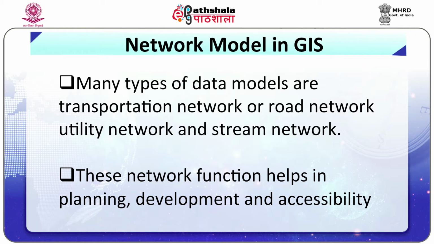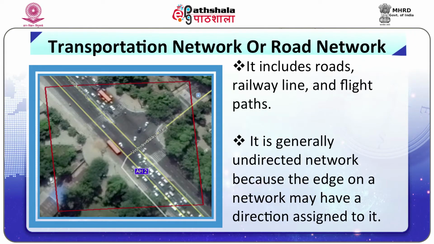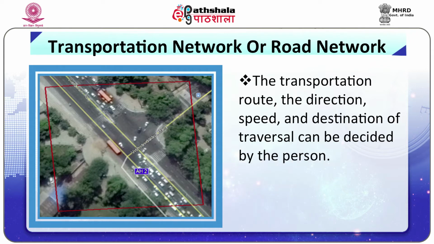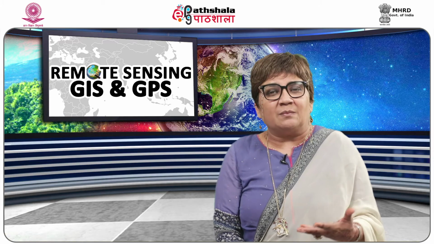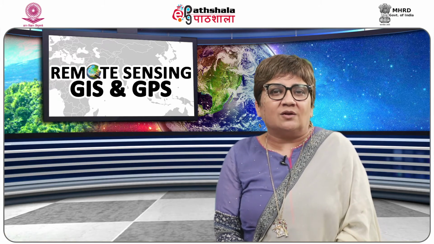So now, let us spend time on an example of a transportation network or road network. A road network includes roads, railway lines, flight paths. It is generally an undirected network, because the edge on a network may have a direction assigned to it. In the transportation route, the direction, speed and destination of travelers can be decided by the person. So all these become layers, right? For example, a person in a car traveling on a street,